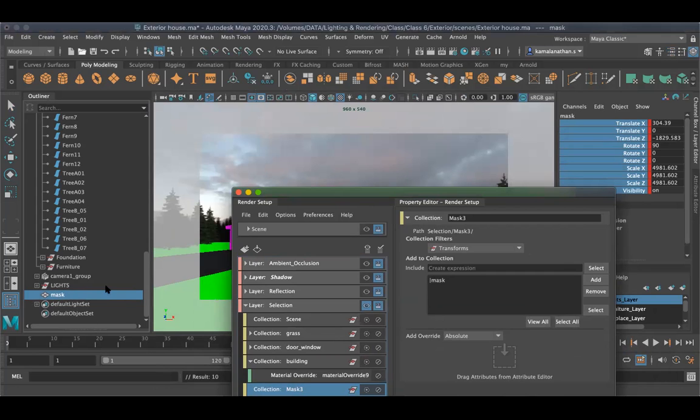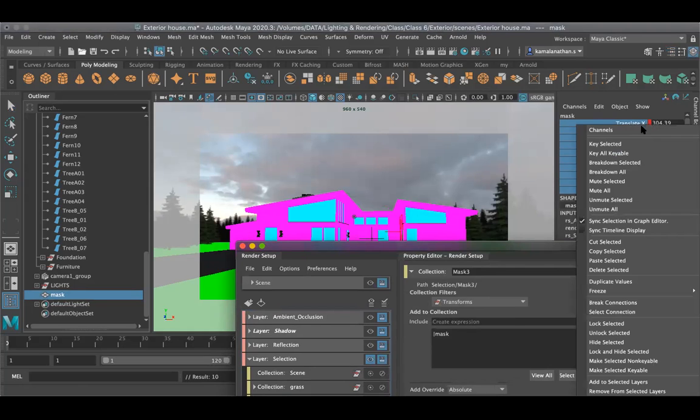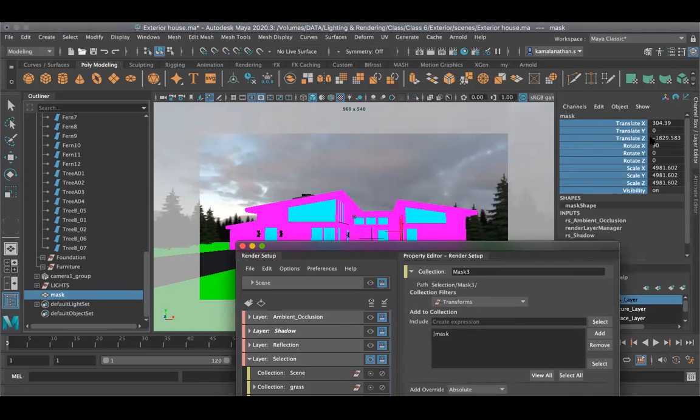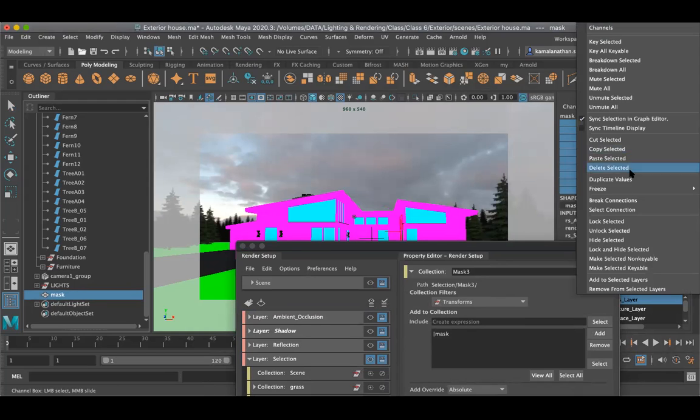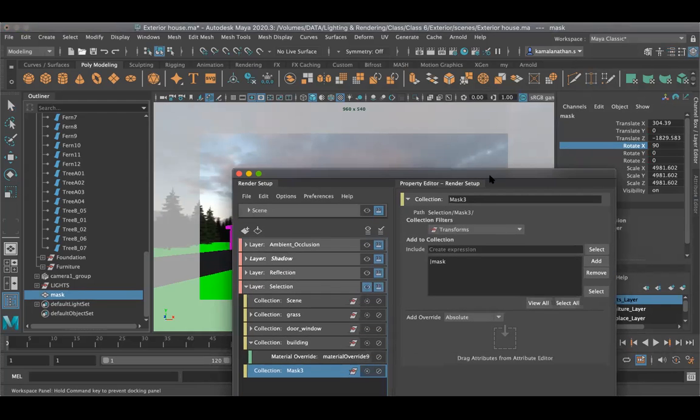This region was selected. So when you hit S from your keyboard, it will set a keyframe for animation, and I don't want to add a keyframe. So right click, break connection. If you find something has a keyframe by mistake, just select the attribute, left click and drag, and break connection. That way the keyframes will be deleted. If you hit S, a keyframe will be added, so don't forget, and unnecessarily don't click S.